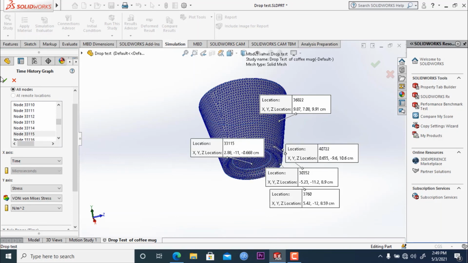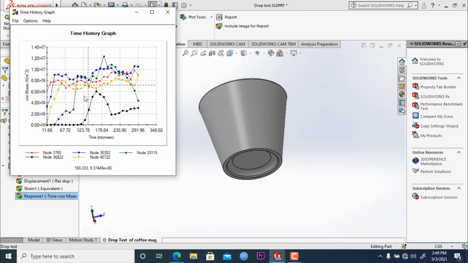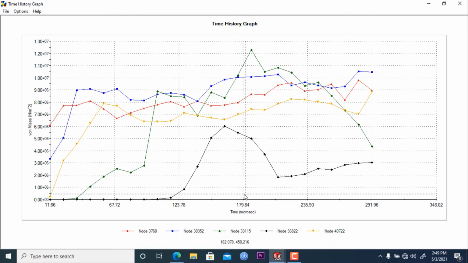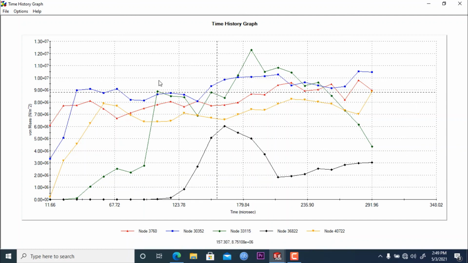So here, and we will click OK. Here you can see for different nodes, if we maximize it, how the time has changed and how the stress has changed.